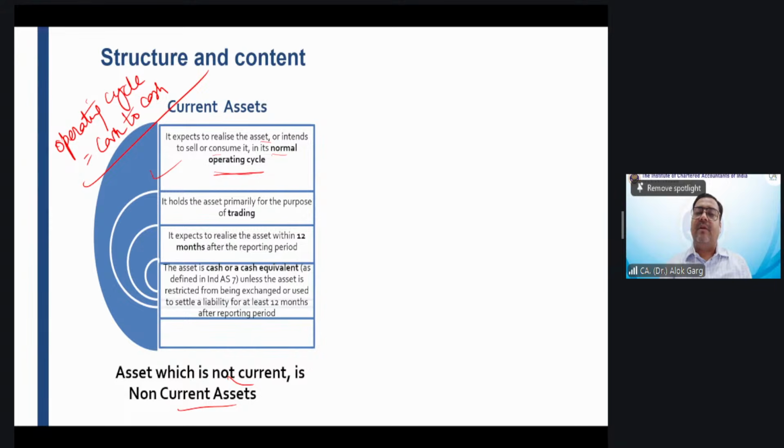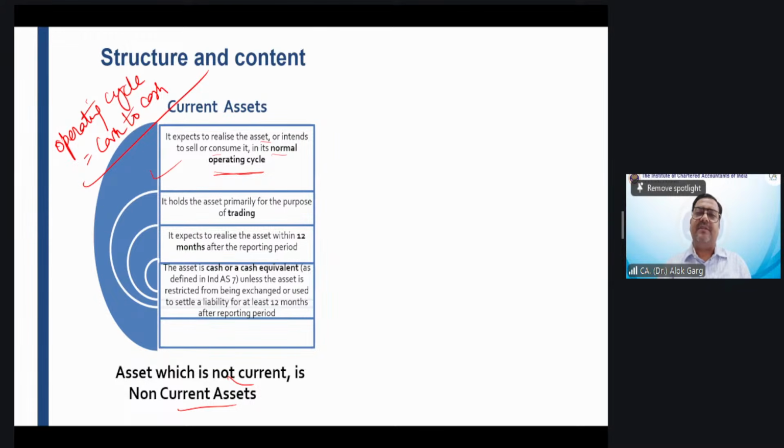Then once the goods are ready, the company will sell the goods to the customer on a credit basis, and normally the credit period is 3 months. So in 15 months, the company was able to manufacture the finished goods, then sold them, and was able to collect the money 3 months after the date of sale. 15 months is the manufacturing period. 3 months is the sale and cash collection period.